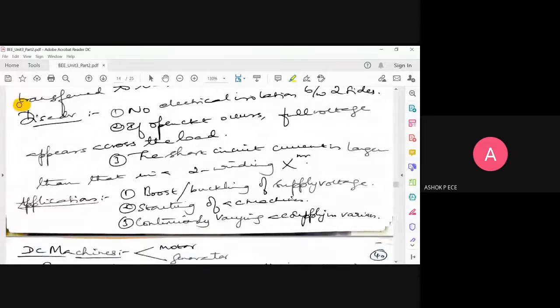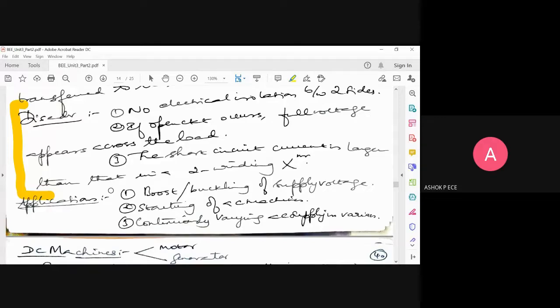Okay, sir. And advantages and applications are given here. Advantages means only one advantage we have. It has a single winding for primary and secondary, so space is less, cost is less, and it is going to be a compact device. But the drawbacks: because you're having a single winding, the electrical isolation is not there, and magnetic flux is not coupled naturally. The coils are connected back to back.